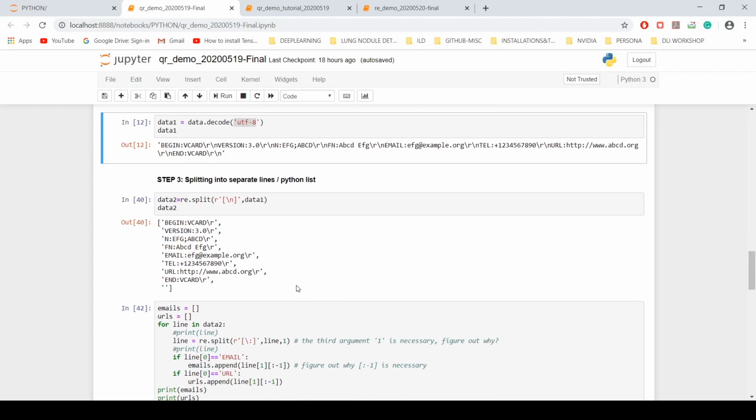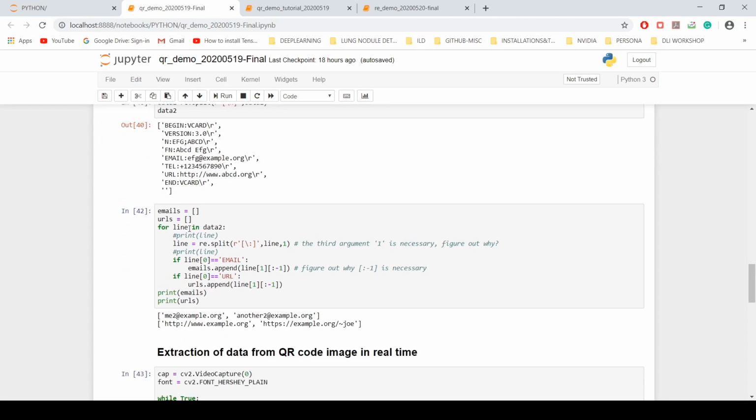So we first of all convert this entire string into list of values using this split method, which is already discussed. So we got several elements in this list. Let us extract what is this email and what is the URL, and empty lists are created, emails and URLs.